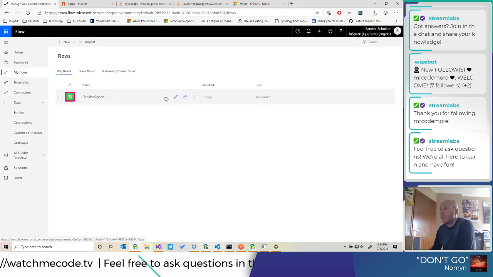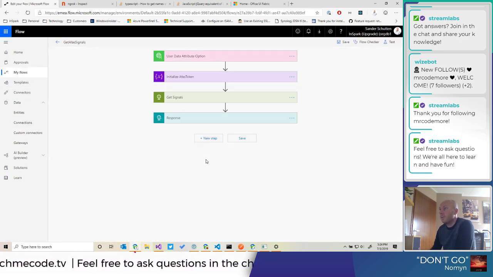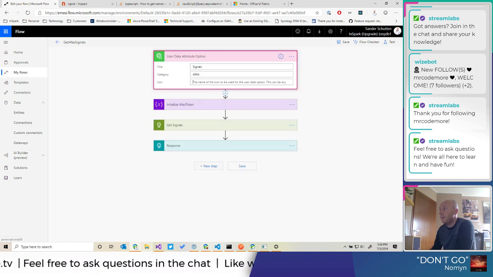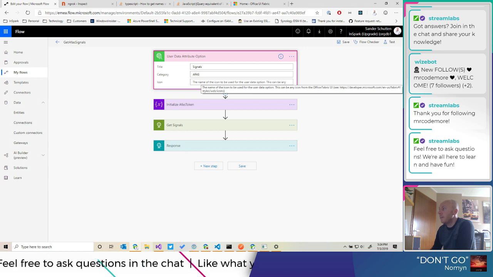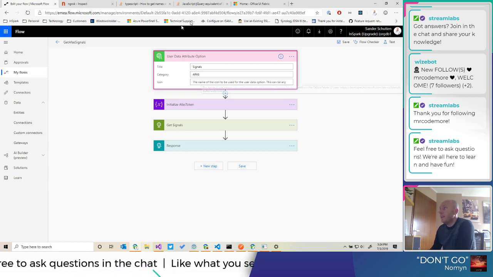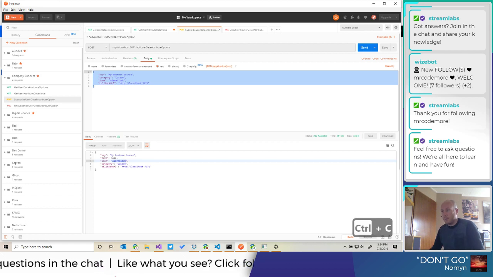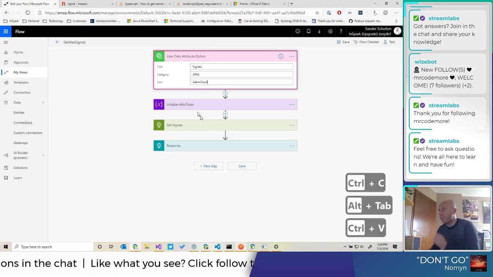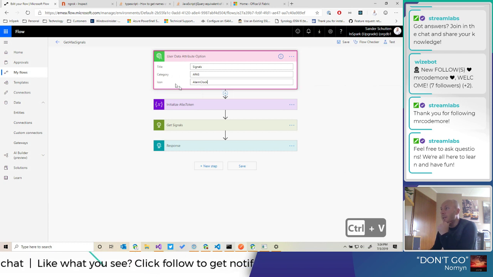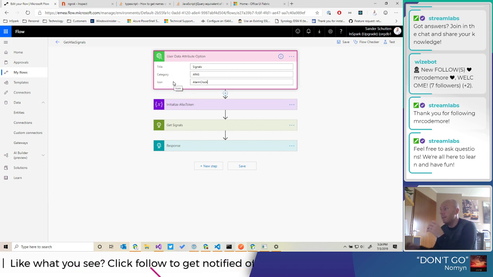Our flow now should have an additional parameter for the icon. There it is. I want to use the alarm clock as the example. I now make a change to my trigger, and this needs to be updated in my API.